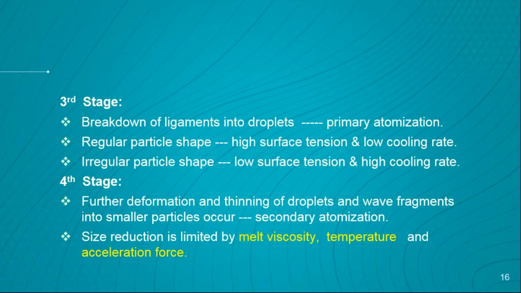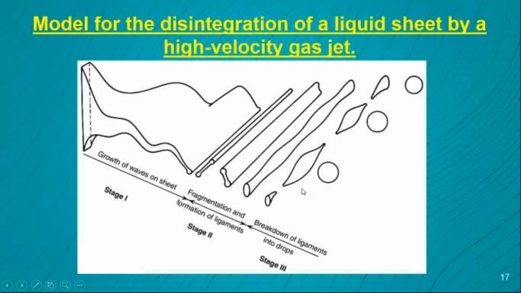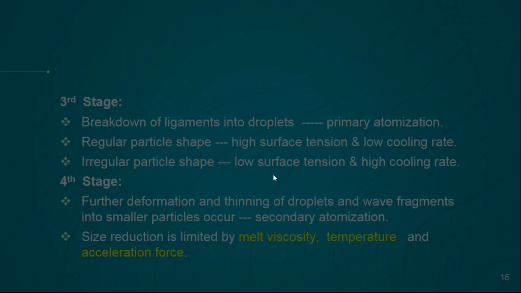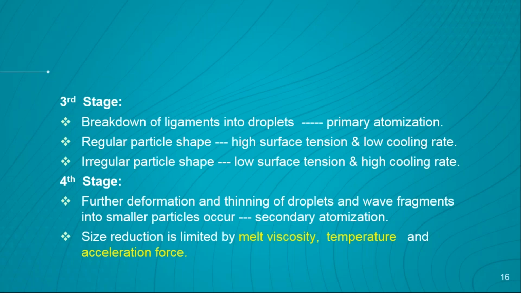You can see in the third stage what will happen: the breakdown of these ligaments, which form during the very high impact velocity of the water or the gas. That ligaments break down into smaller droplets. The primary atomization takes place during the breakdown of that ligament, and the regular particle